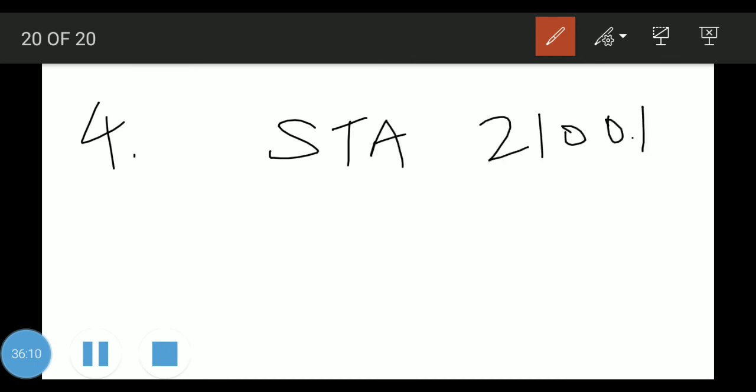Now, can you say what is the name of this addressing mode? Yes, it is direct addressing mode. How many bytes is it? It is 3 bytes. The first byte is for the instruction, the second byte is for the lower order address, and the third byte is for the higher order address. First byte is for the opcode, second byte lower order address, third byte higher order address.